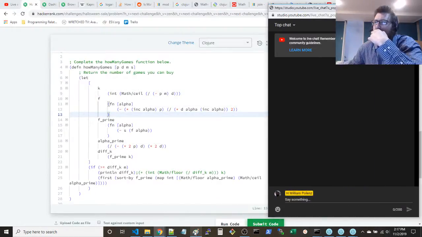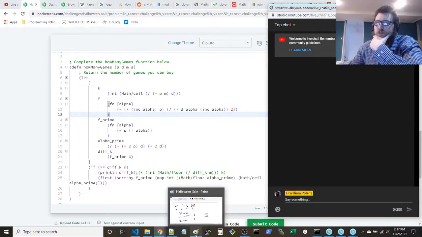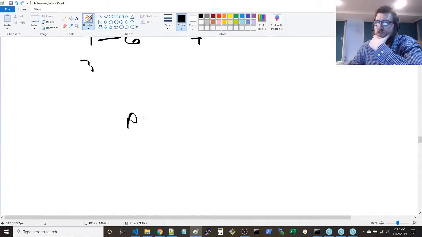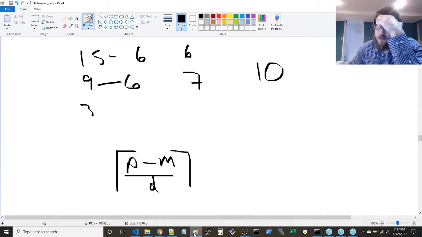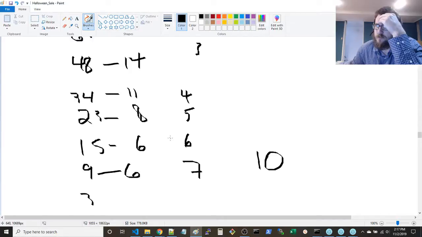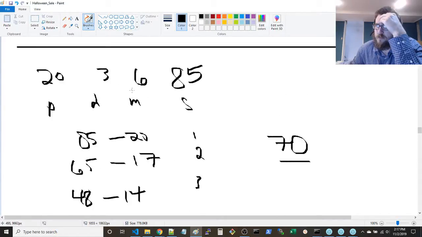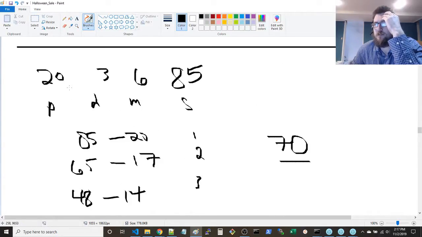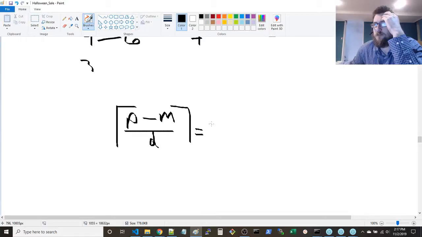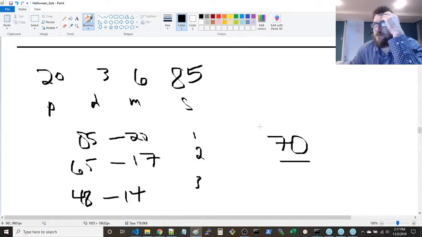That's the key. K is P minus M ceiling D. That's K. P minus M divided by D ceiling, which is 14 over 3. This should be 5, which we got. We did get 5. So f of 5 is then,